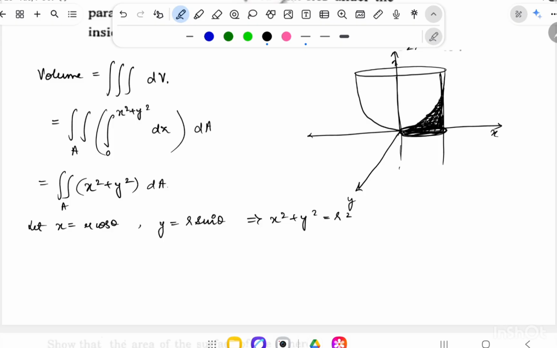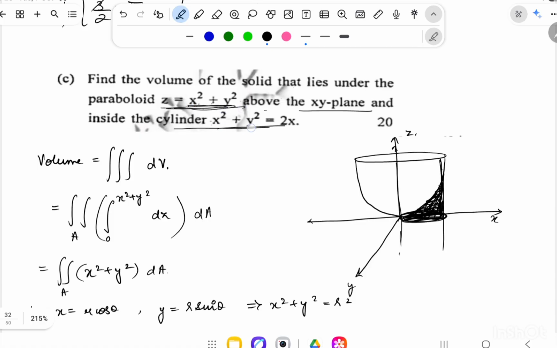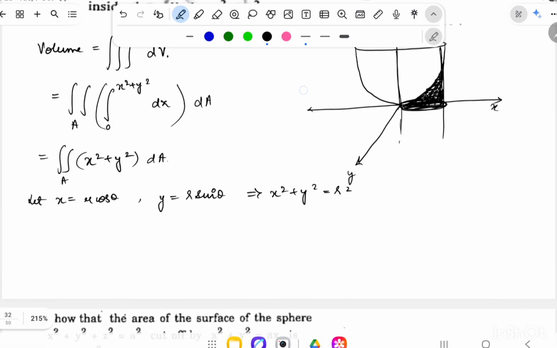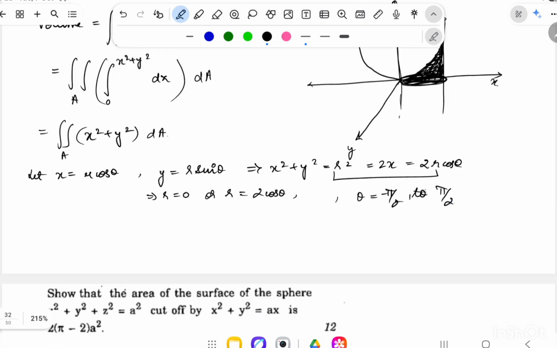and it is given that x square plus y square is equal to 2x. If I equate these two, x square plus y square equals 2x, which is 2 r cos theta. So this gives me r equals 0 or r equals 2 cos theta, and theta varies from minus pi by 2 to pi by 2. So the integration is from minus pi by 2 to pi by 2, and r varies from 0 to 2 cos theta, and x square plus y square is basically r square,